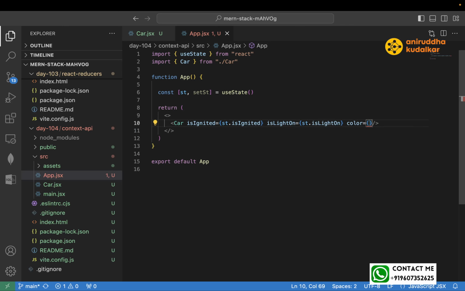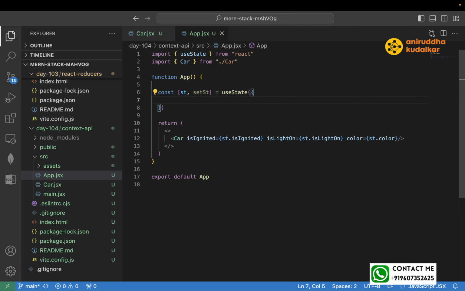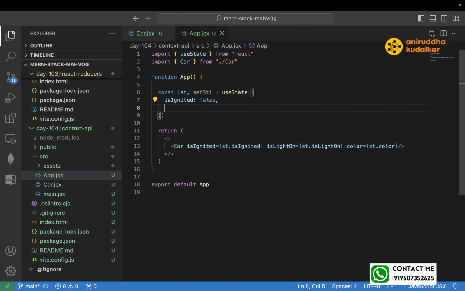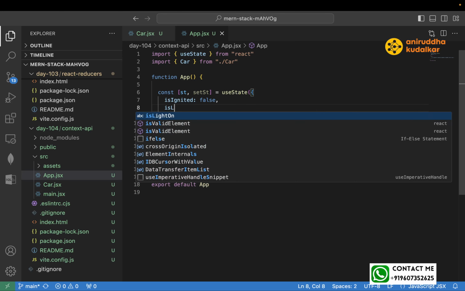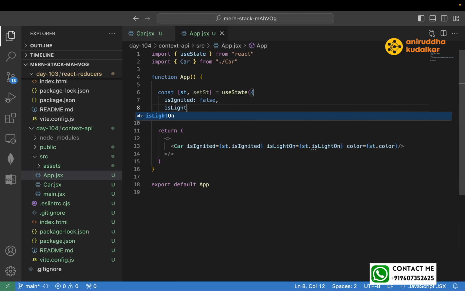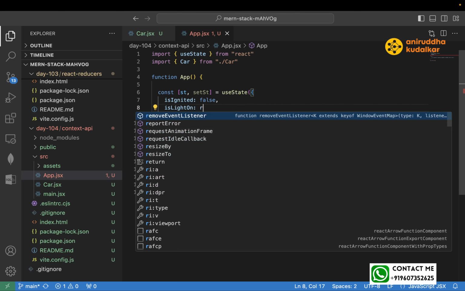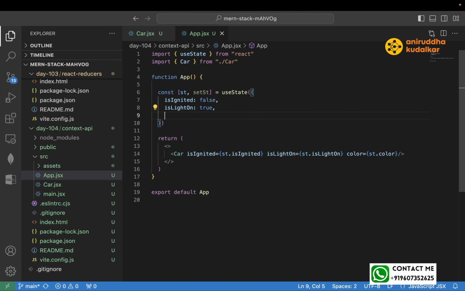And color equals st.color. So here we can have initial state isIgnited false, isLightOn true, and color dark. So here you are creating the state, and that state you are passing it to the car,